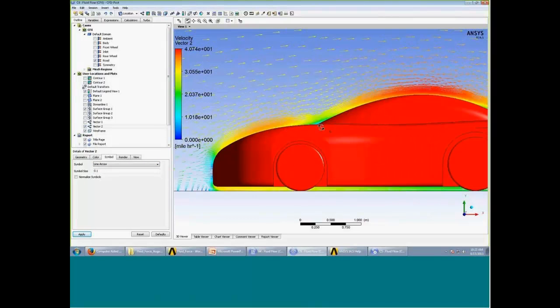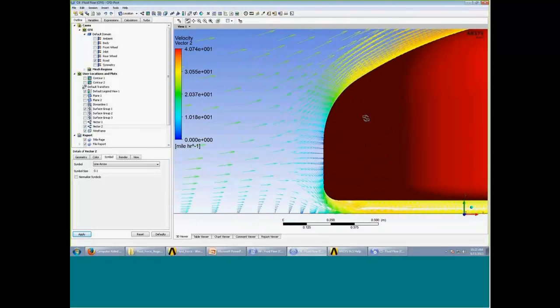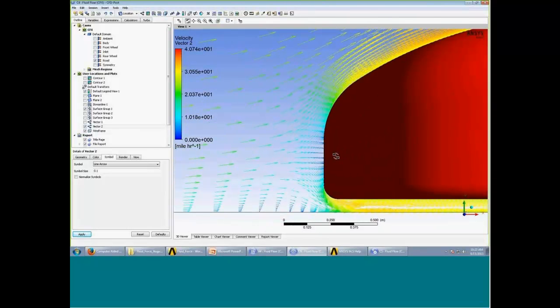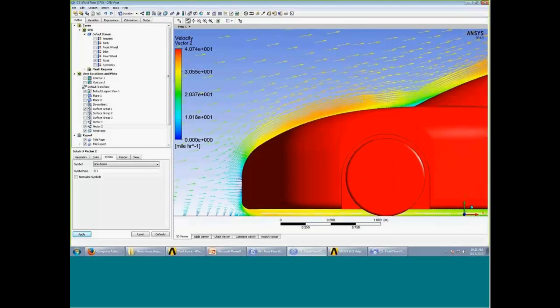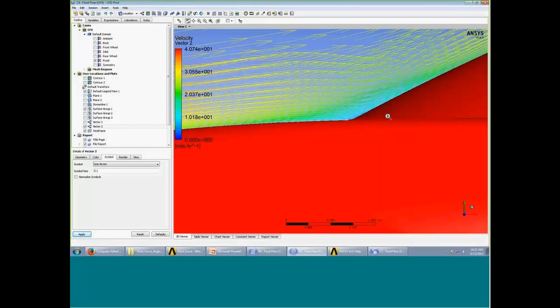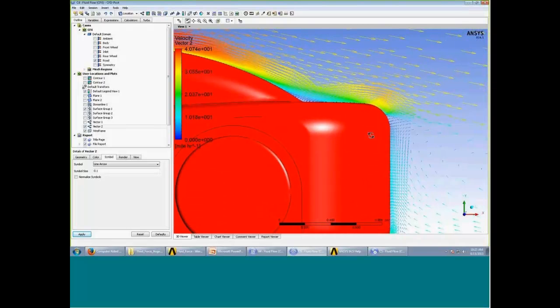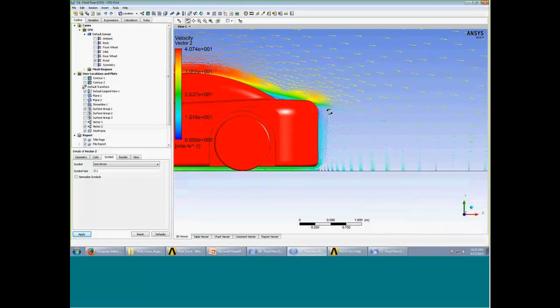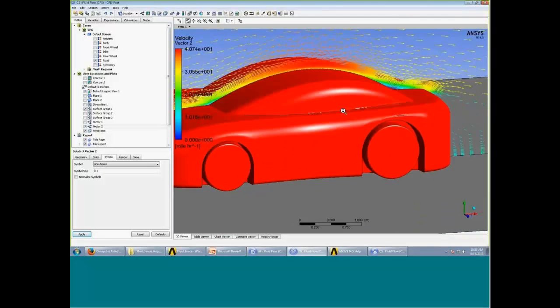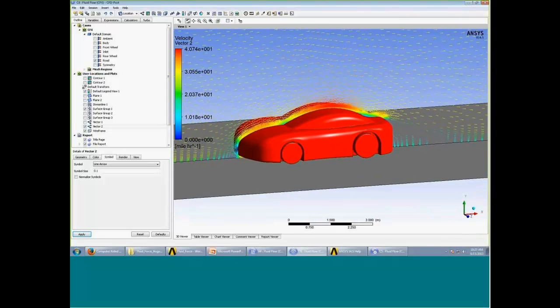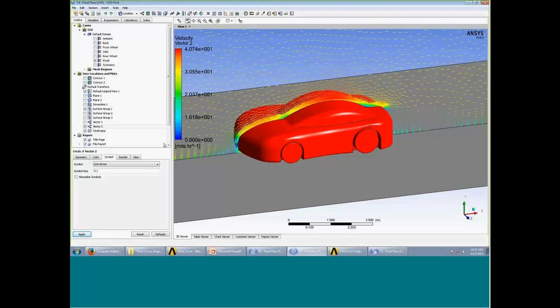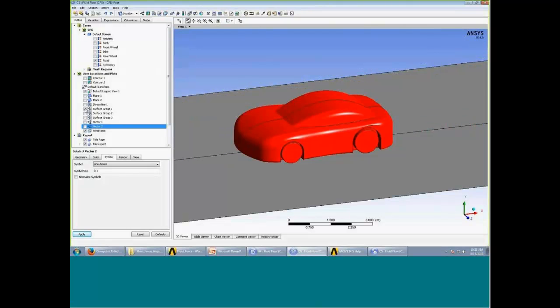And what you can see is I have on the front end the flow coming in and impinging on the front of the car. I have a well-resolved boundary layer flow here, and I have some separation on the back end of the car. So a useful tool to visualize the flow details. And once I'm satisfied that this at least looks physical, the next thing I want to take a look at